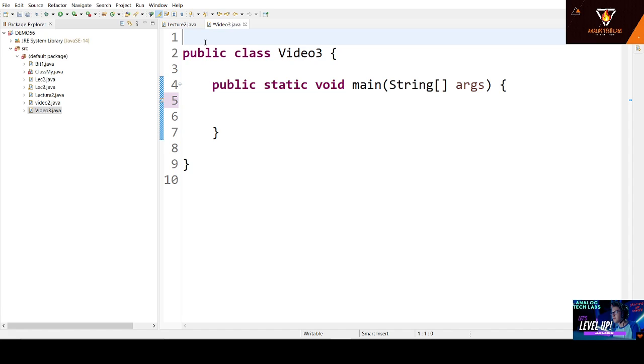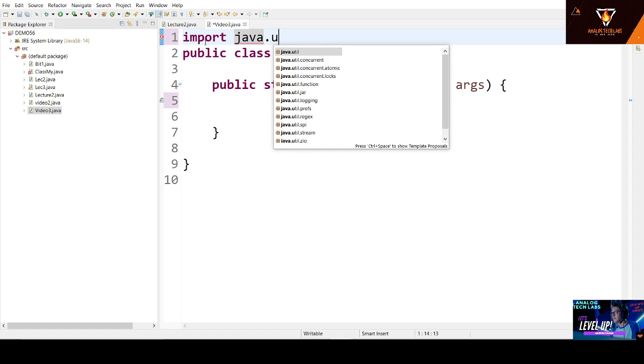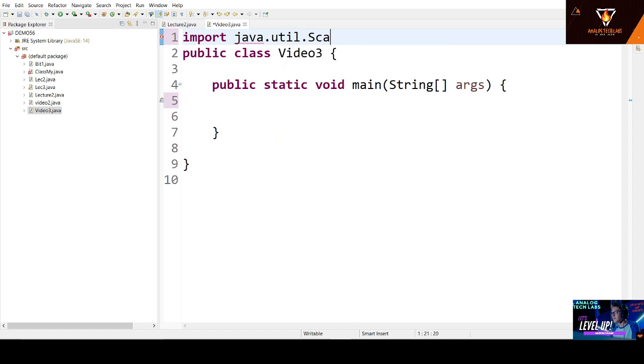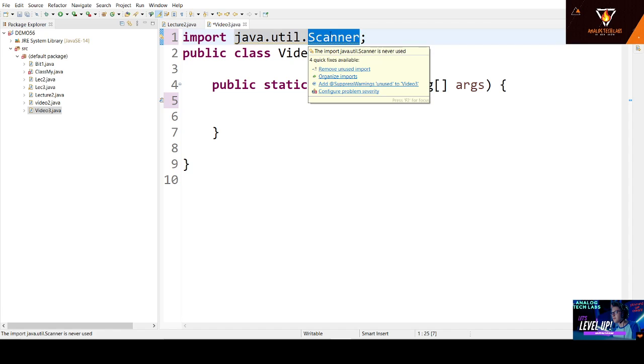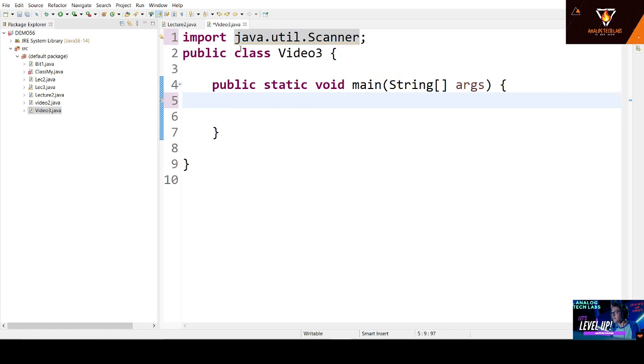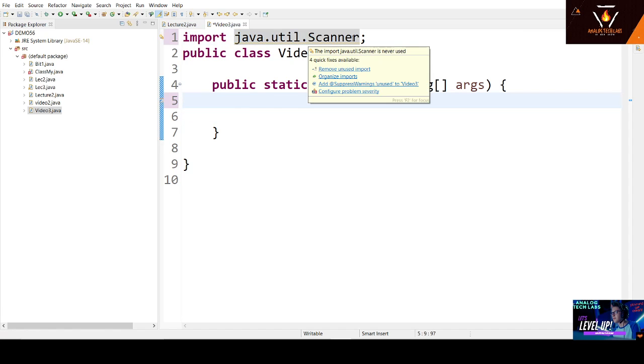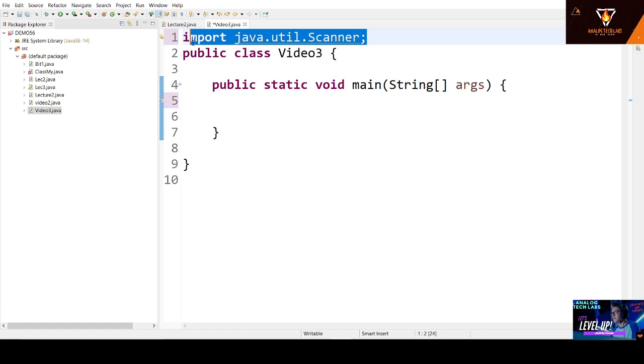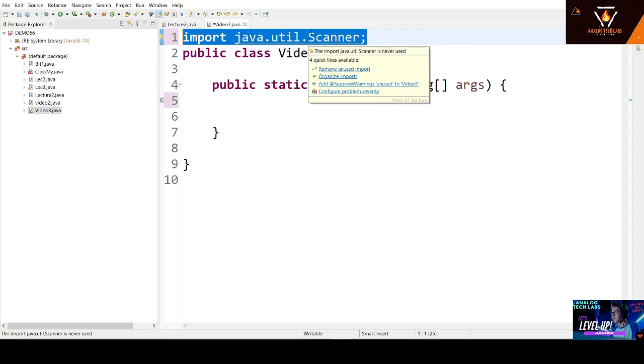How to use them? You can write something like this: import java.util.Scanner. This Scanner class is used when we are taking input from the user. So when your program takes input from the user, don't forget to write this line at the top of the program. Think of a library in school or college.